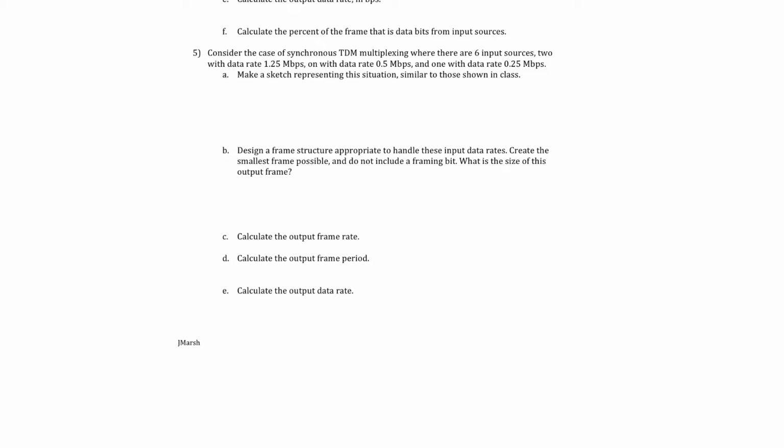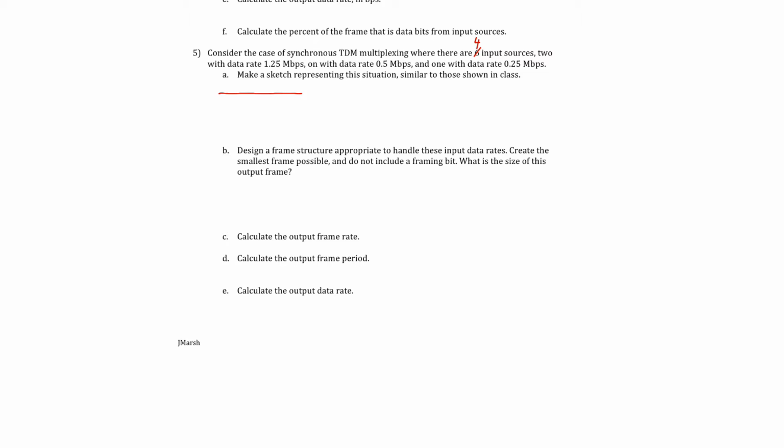Okay, here's a video giving a time division multiplexing example problem. In this problem, we have 6 input sources, 2 with a data rate of 1.25 megabits per second, and 1 with a data rate of 0.5 megabits per second, and 1 with a data rate of 0.25 megabits per second. Let's see, 2 plus 1 plus 1 is 4 input sources. Let's work with 4 input sources. And so we've got